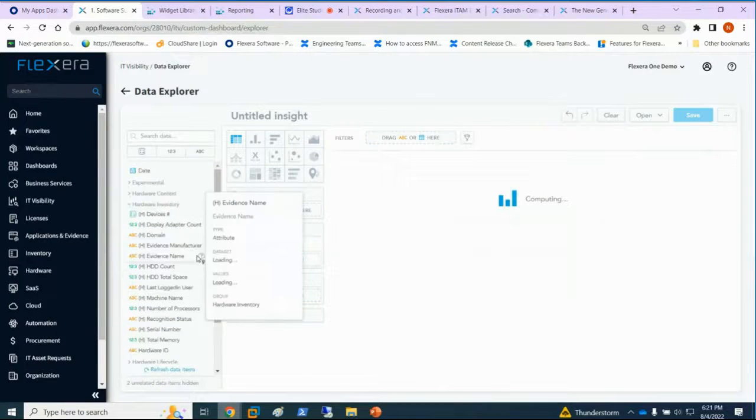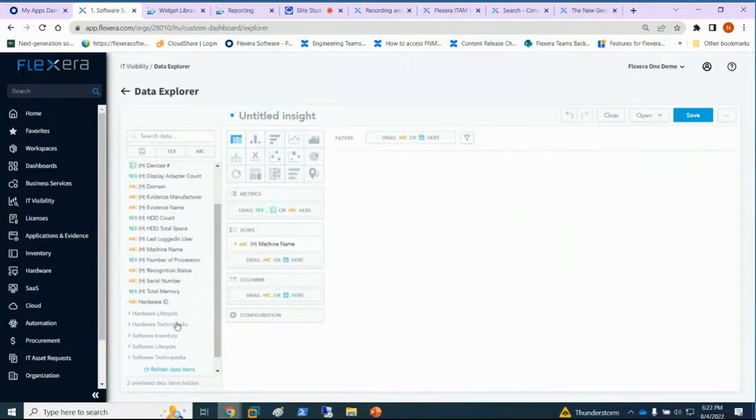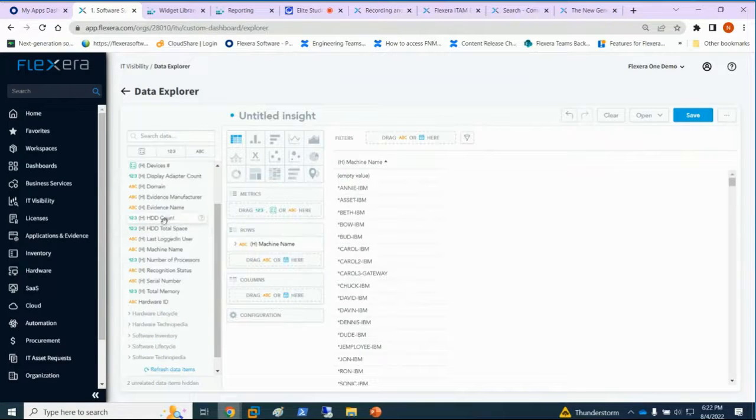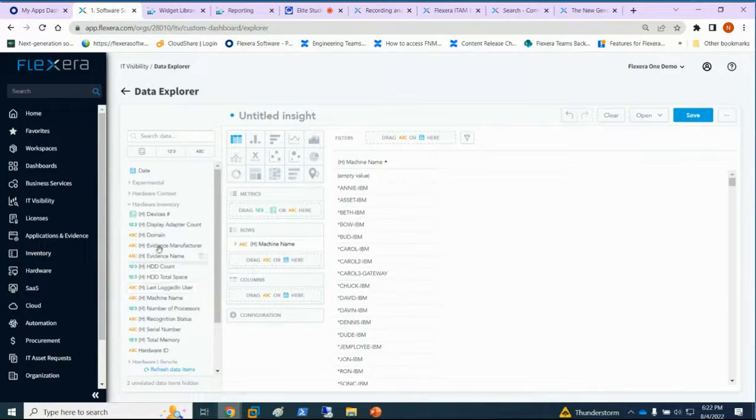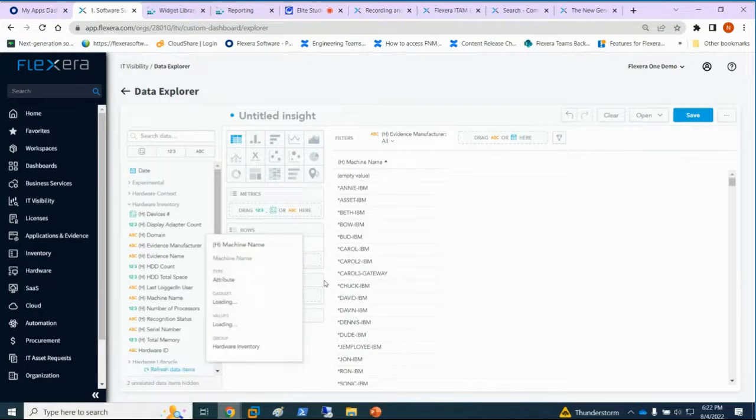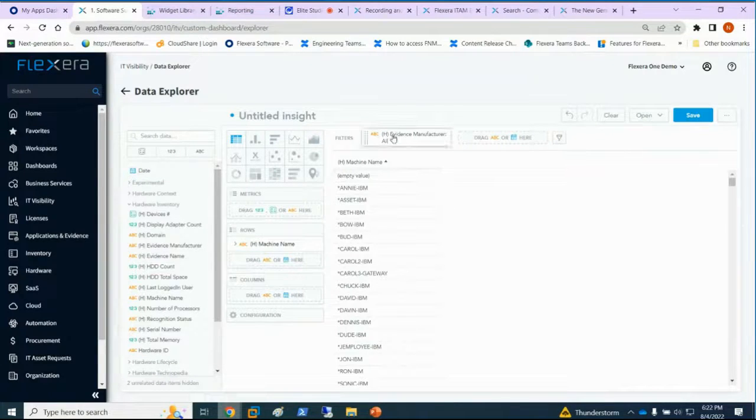You could say, show me the, not the evidence name because it will multiply the domain, for instance. So this tool allows to build a report quickly with drag and drop, build filters,